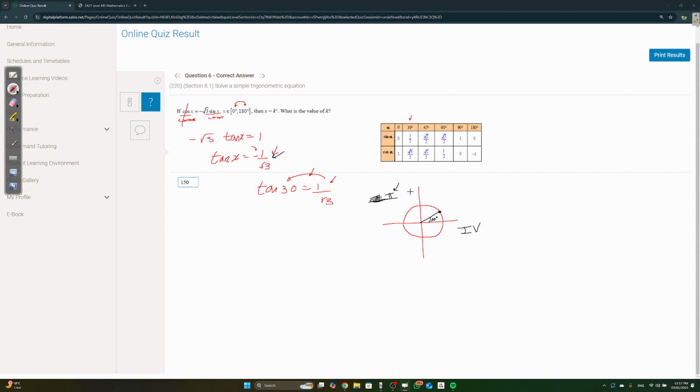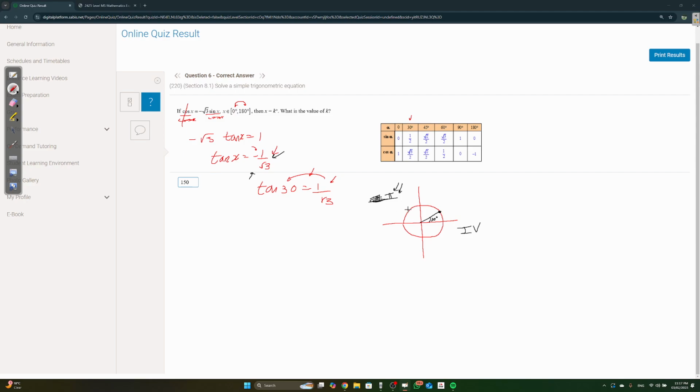Why? Because for tan to be negative, you're doing sine divided by cosine, so one has to be negative and one has to be positive. Here, sine is positive and cosine is negative, so you can get a negative tan. Here, cosine is positive but sine is negative, so you're still going to get a negative tan. So, if you want a negative answer for tan, negative 1 over root 3,